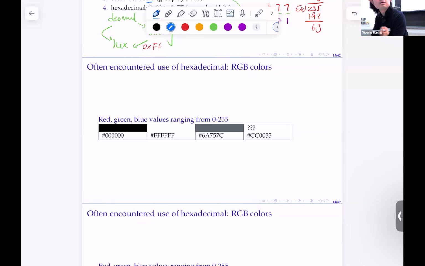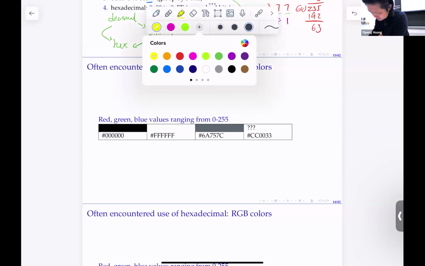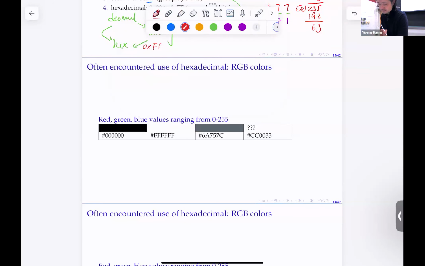How do you encode colors? There's 6 digits, 6 hex digits. There are 2 letters for each, one for red, one for green, and one for blue. Each pair encodes the density